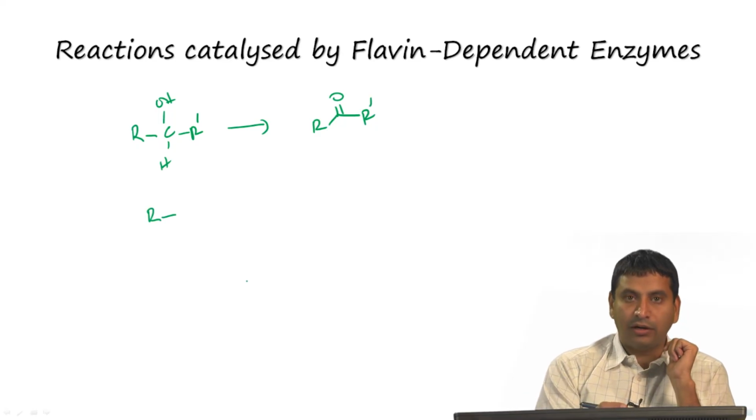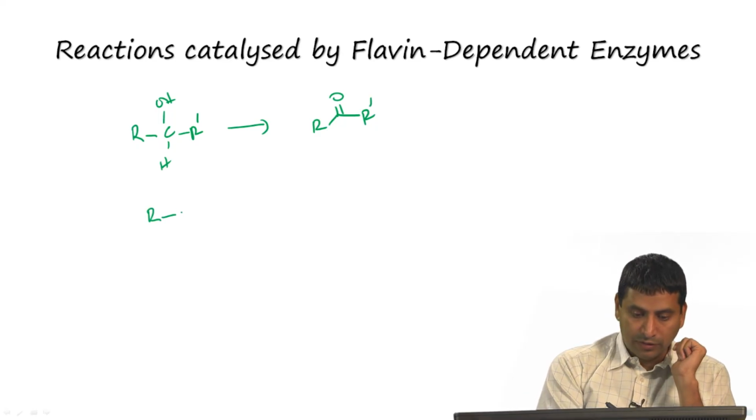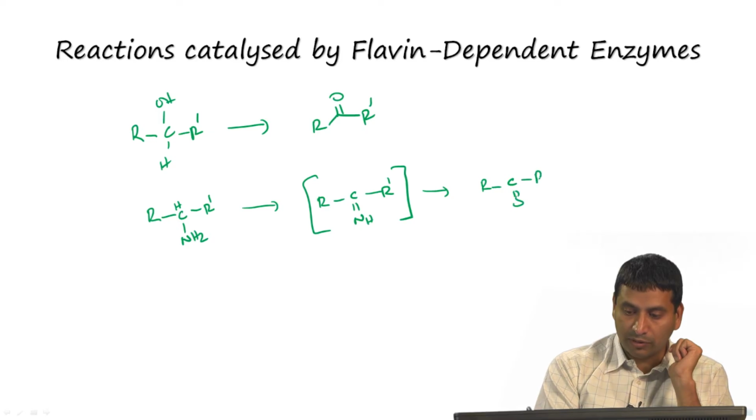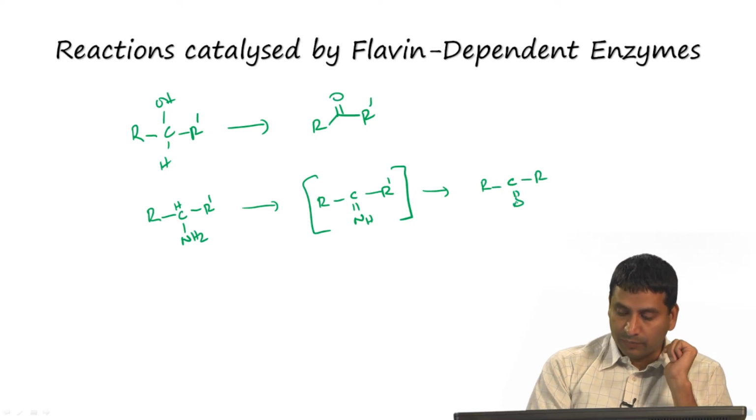You can also have amines getting oxidized, such as this NH2 R prime, giving you R C double bond NH, which is going to be an intermediate, which will then subsequently form R C double bond O R, which is a ketone, plus